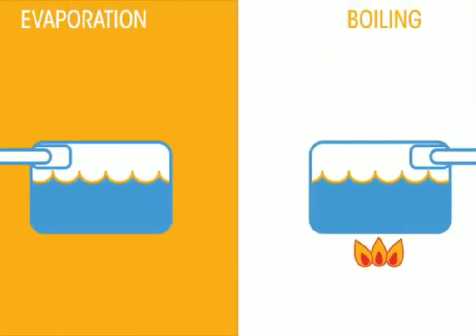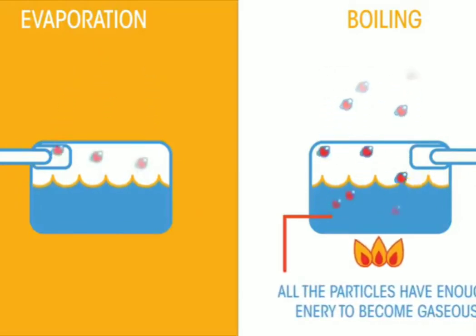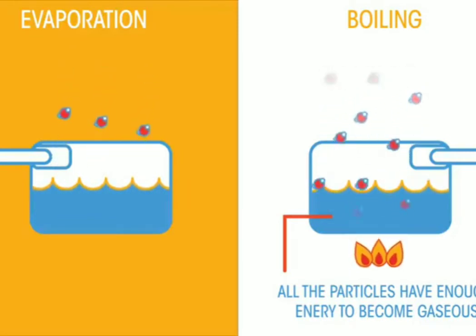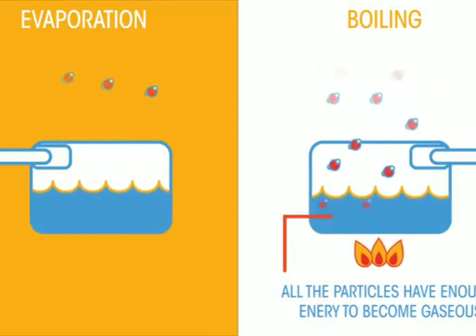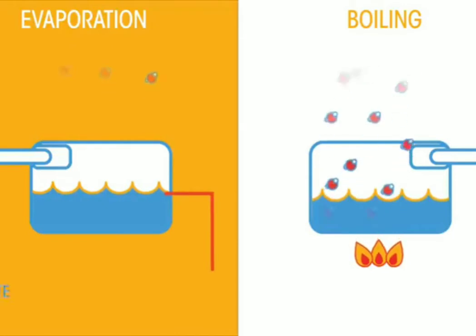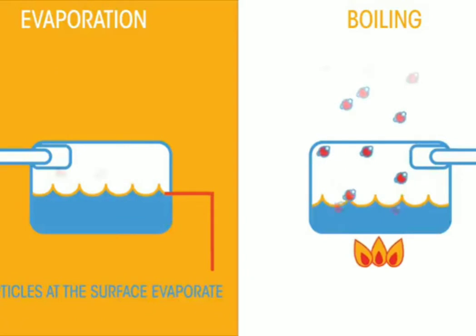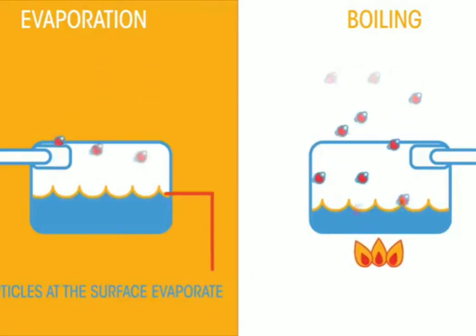Do you know the difference between evaporation and boiling? Both are when a substance transforms from a liquid to a gas. Think of a boiling pan of water: all of the water bubbles. This is because all of the particles have enough energy to become gaseous. But water standing in a pan that is not being heated by anything other than the environment can also turn into a gas. This is evaporation. Only the particles at the surface have enough energy to change from a liquid to a gas. Hence, evaporation is a slower process than boiling, even though it achieves the same state change.